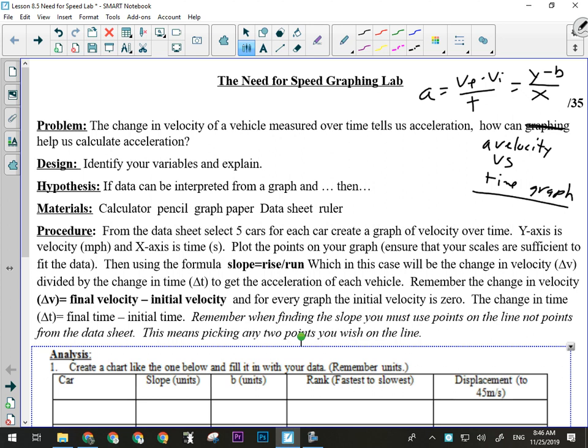All right, so for our variables, we're not actually performing this experiment, but here's how this experiment would have been run. Which variable is going to go on the x-axis in this lab? Time. So what's your manipulated variable? Time. And kind of a similar reasoning to the position versus time graph lab. Time's a manipulated variable, because if we're looking at a graph of time versus velocity, the longer I let the car accelerate,